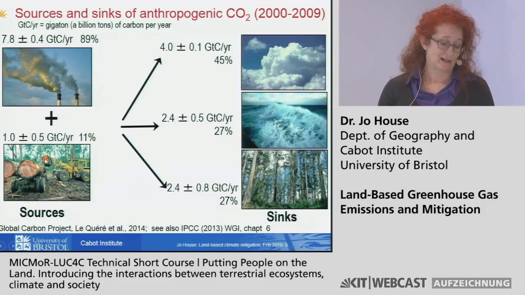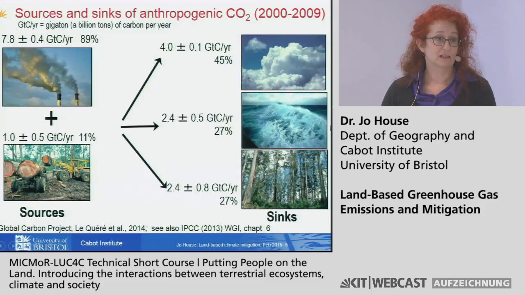I'll go into how we calculate land emissions in a minute, the land use change emissions, but that's actually calculated with quite a high uncertainty. That's plus or minus 50% uncertainty in our land use change emissions. That's quite high. And that's part of what I'm going to talk to you about today, why that's so high.